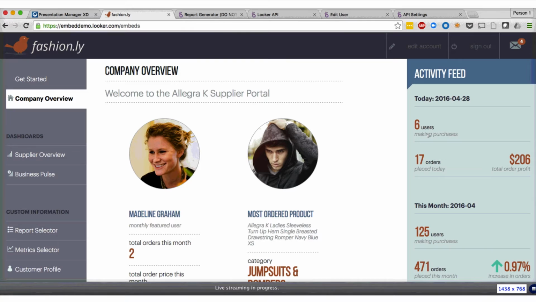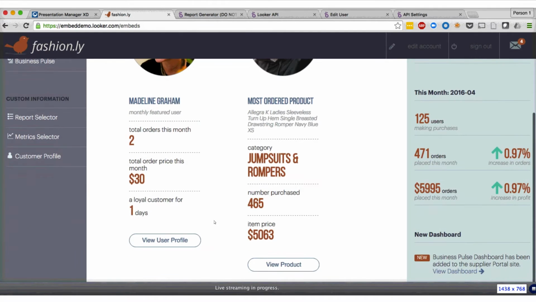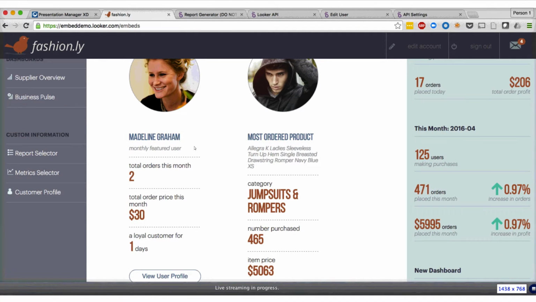And so this entire page, we're making use of our REST API that Rich kind of talked about. We have different queries that we're running against that API. We're running a query to get the monthly featured user, and a query to get the most ordered product for this particular vendor, Allegro K. And on the right-hand side, we're also pulling up real-time data about how many users are making purchases for Allegro